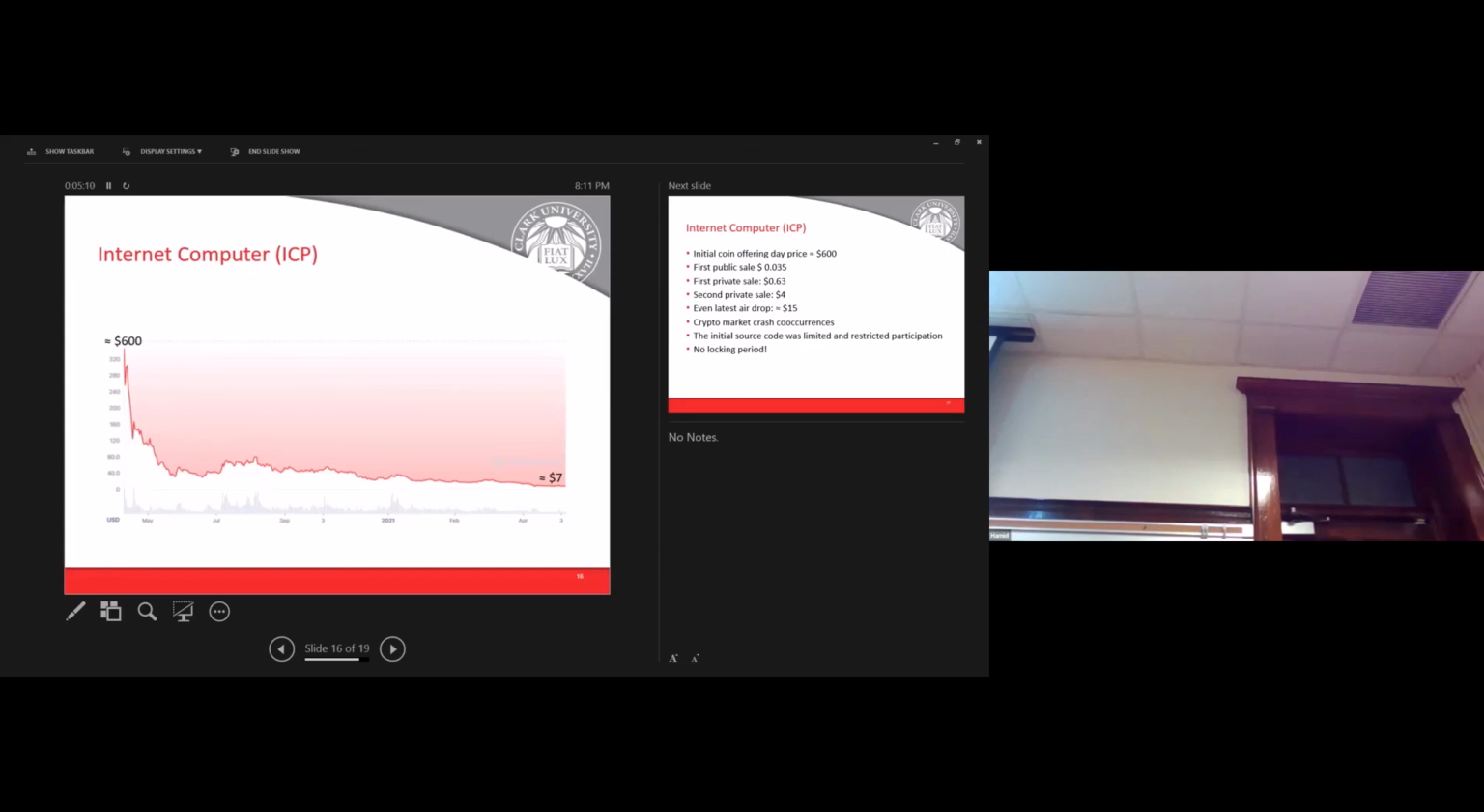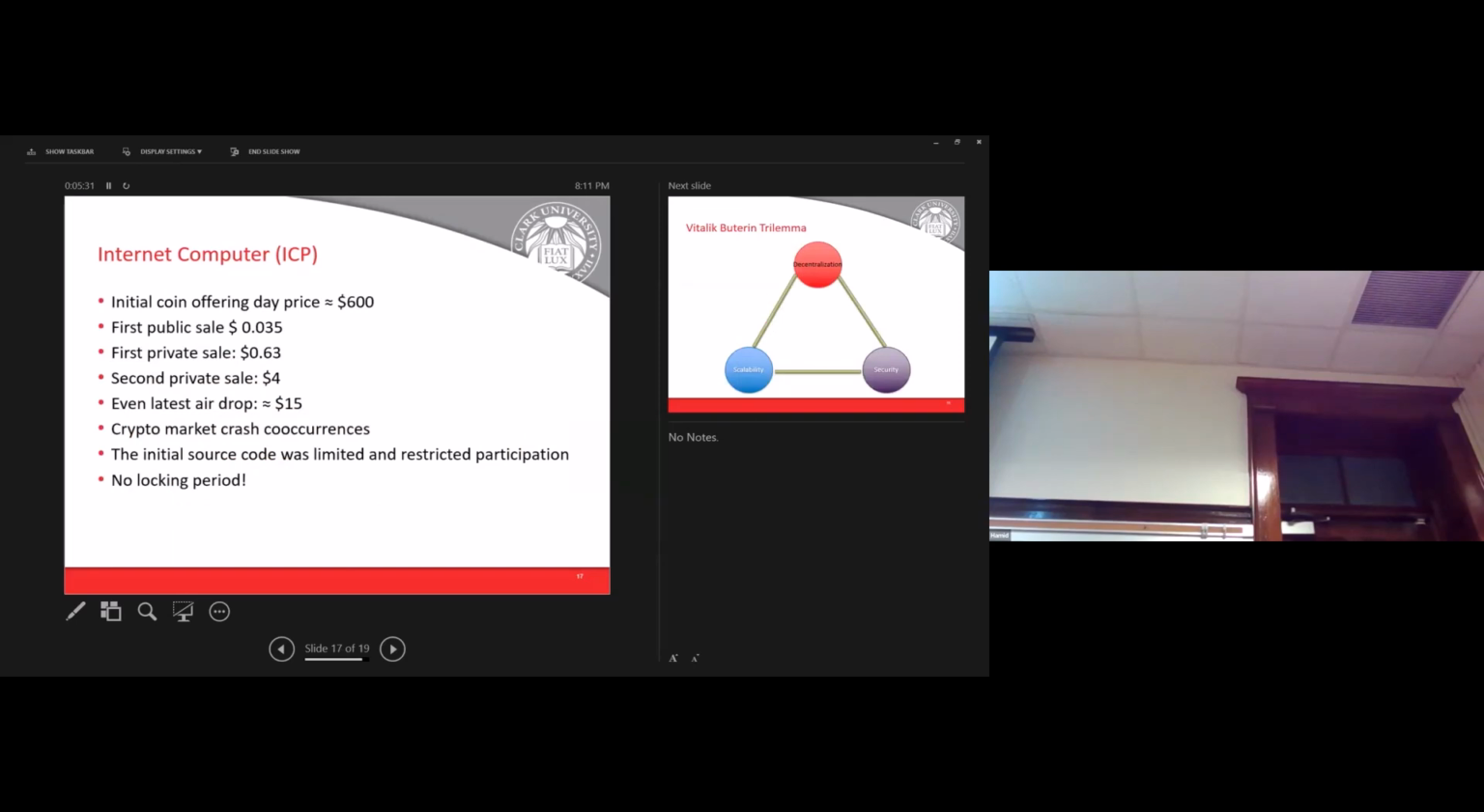in the first day it reached $600. In the second day it moved to 160. Now it's less than $7. So this is an example of a very good, sophisticated project that didn't have a very good business plan. I'll tell you what happened. In the initial coin offering, the price reached 600, but in the first public sale, they sold the